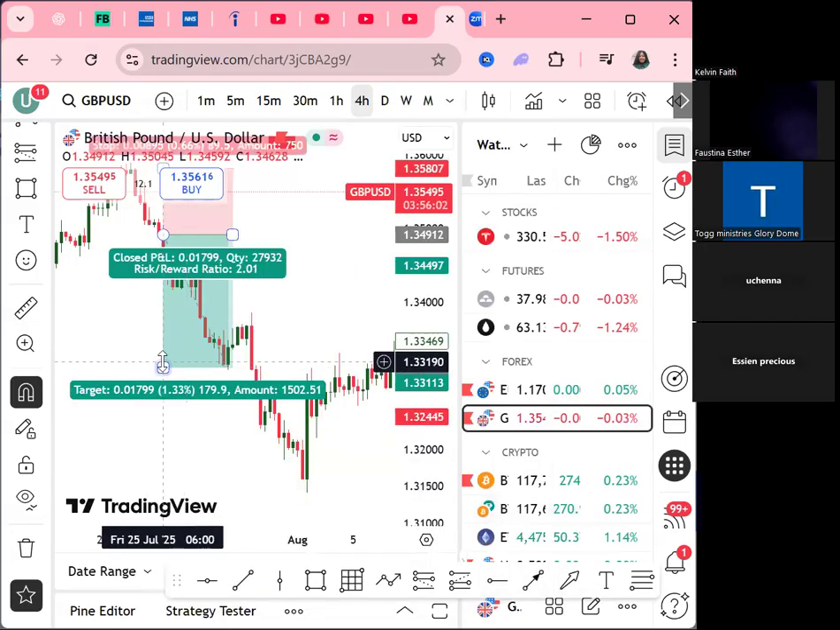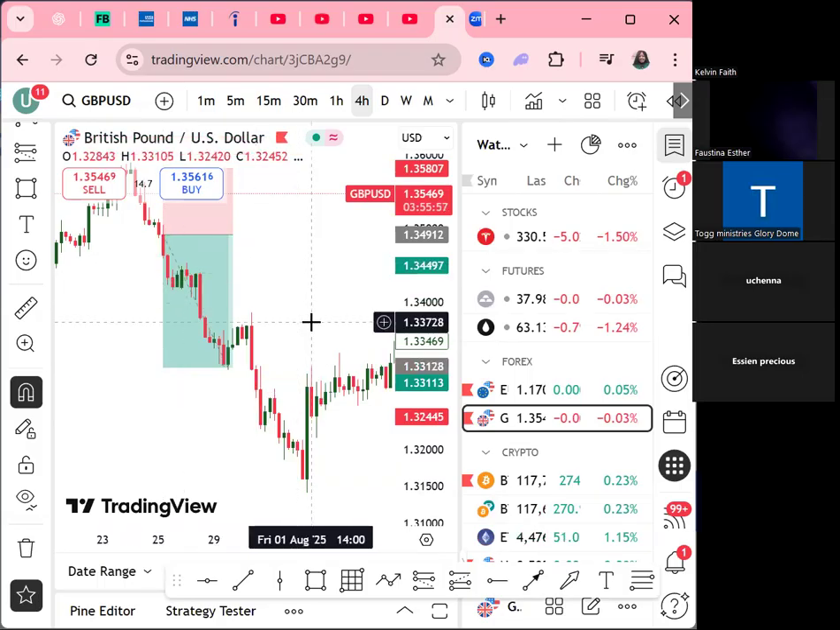Okay, and then if you want your chart to have a watermark